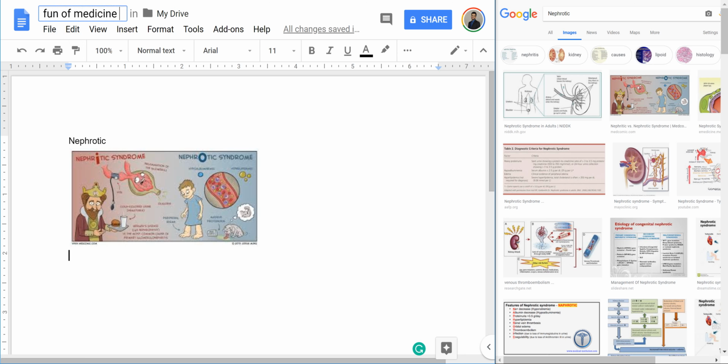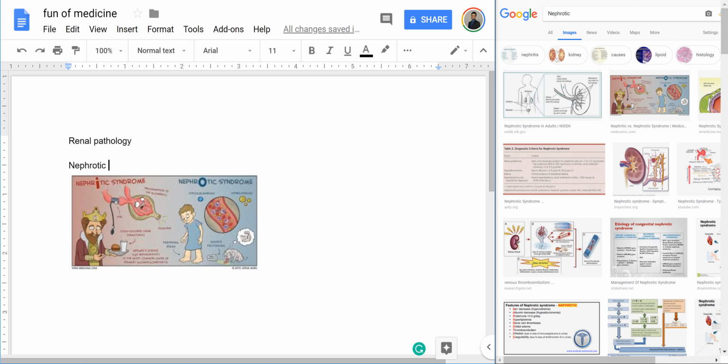Okay, so right now what we're gonna talk about is renal pathology. The first topic that we're gonna talk about is nephrotic syndrome. To see signs of nephrotic syndrome, basically there's a criteria for nephrotic. You are losing protein